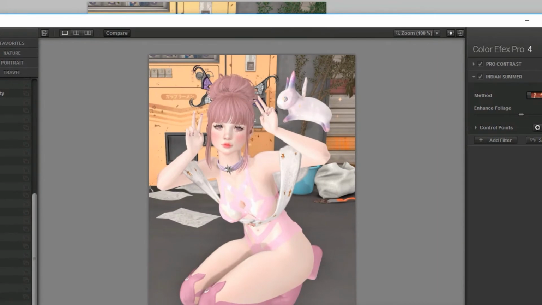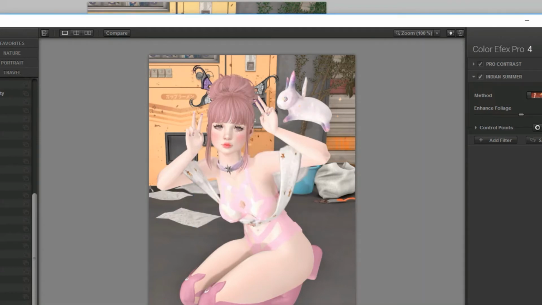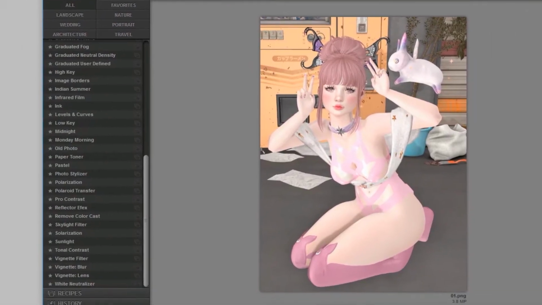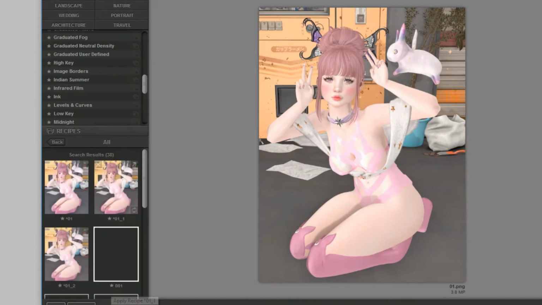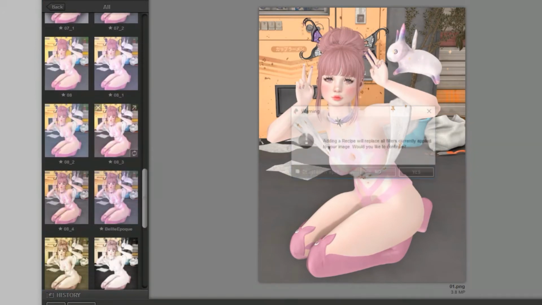And they have this little tool up here that says compare. You can do before and after to see, or you can even click this off. But you can save this recipe. You'll save it, and it will go into your recipes, which is right here. I have a zillion recipes saved, so I'm going to go down to the one I usually use,